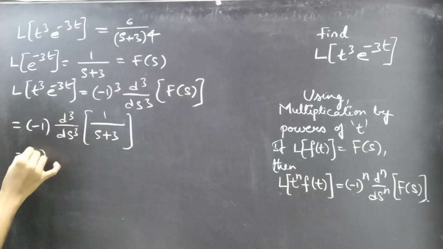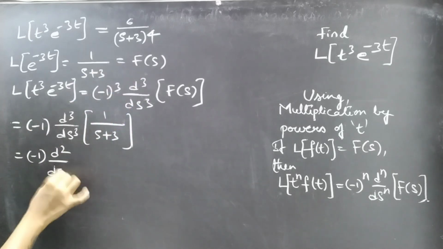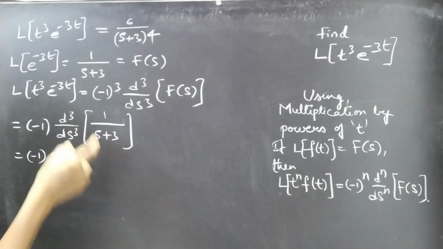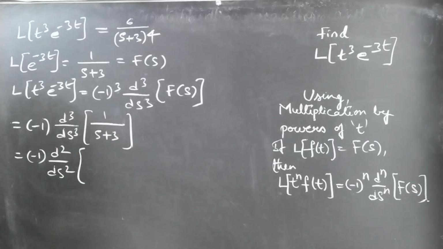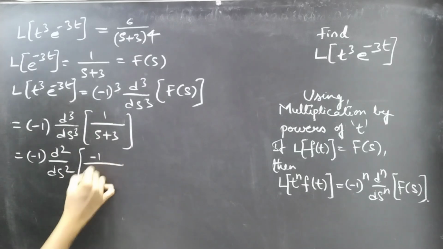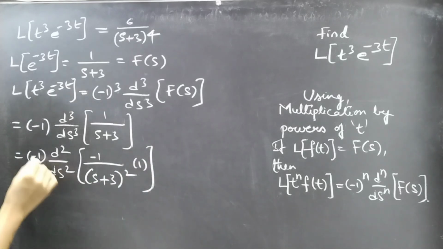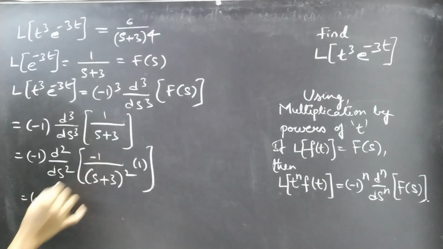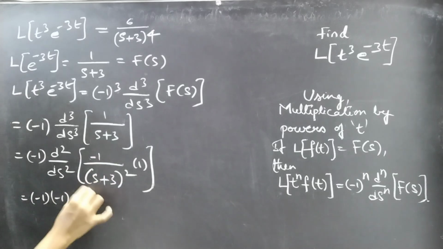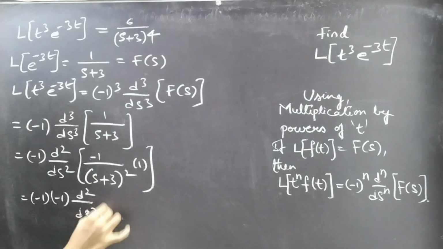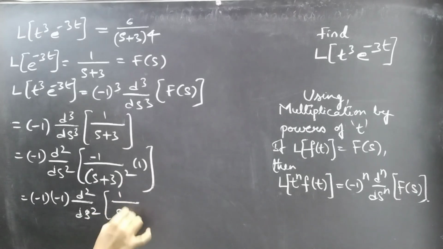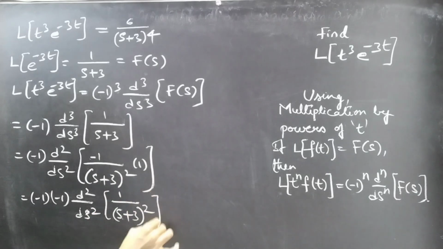This is equal to minus 1 into d squared by ds square into first derivative of 1 by s plus 3, which is minus 1 by s plus 3 whole square into inner derivative, which is 1, equal to minus 1 into this minus 1 into d square by ds square into 1 by s plus 3 whole square,